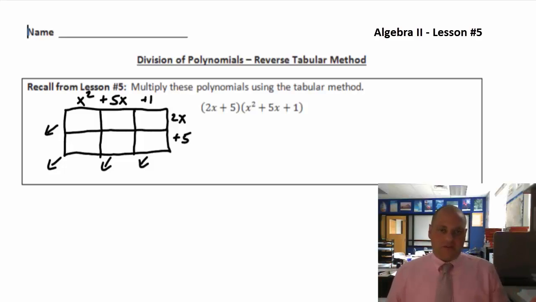We learned the tabular method for multiplying. Now we're going to learn what's called the reverse tabular method for dividing, because, you know, division is the opposite of multiplication. So we reverse the multiplication. It's actually dividing. So obviously I want to make sure we're good and we have a review on the tabular